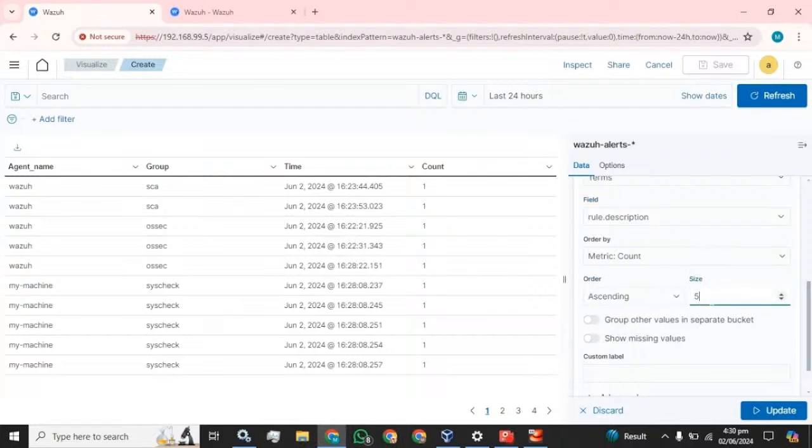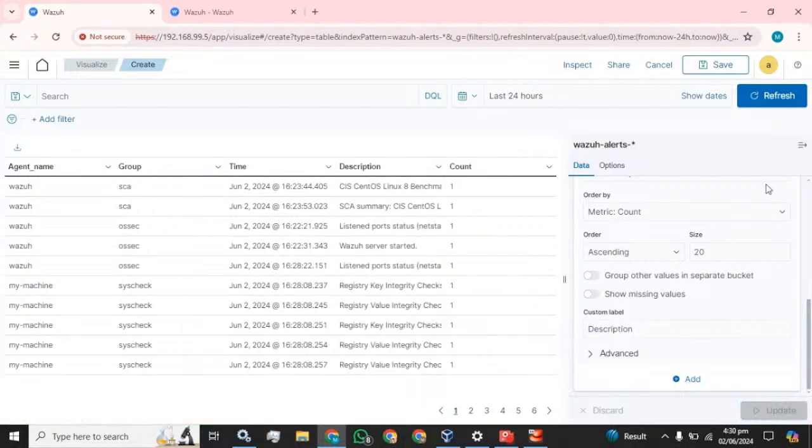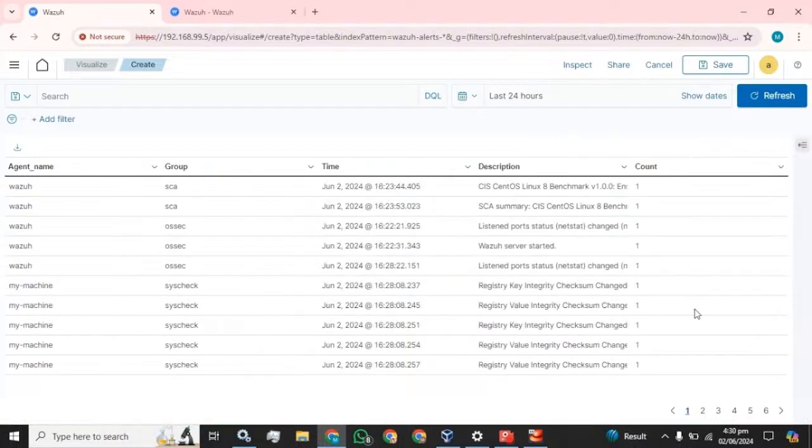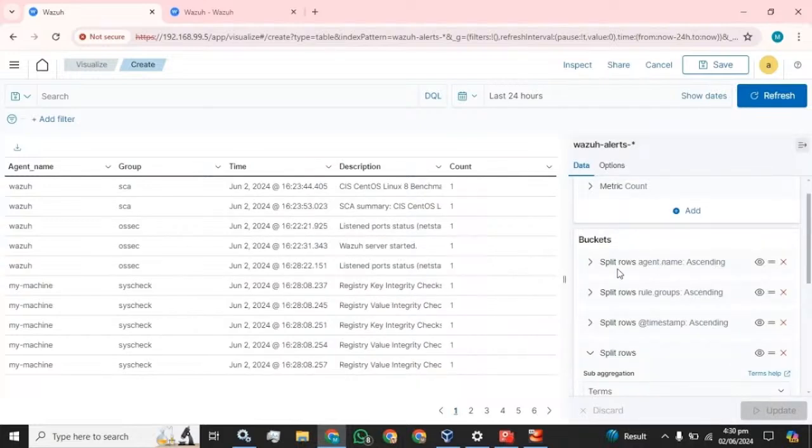Now we are going to select rule description, ascending, of the rule. Click on the update button. As soon as you add the values, the rule IDs, in the new buckets,